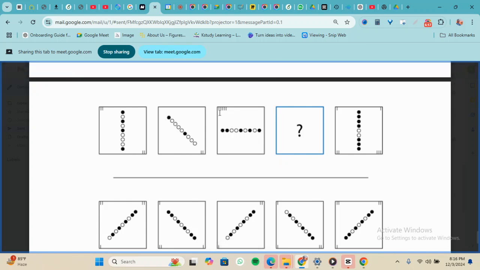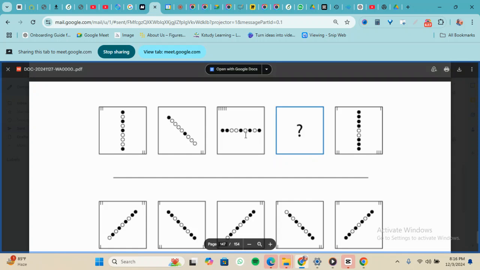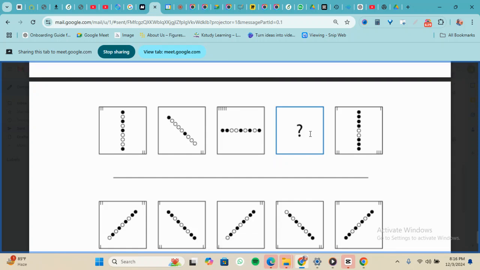I have how many here? One, two, three, four, five. Five of them. So I have three. I have five dark small circles here too. And then the next one, we don't know, right? And this one,